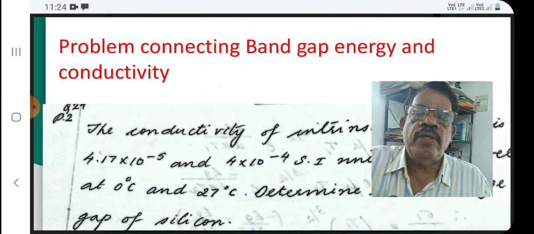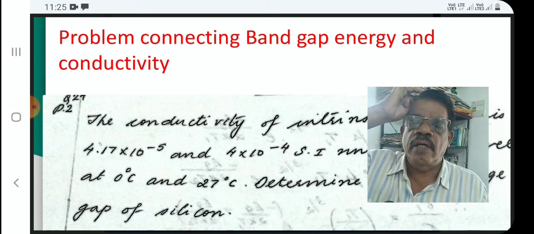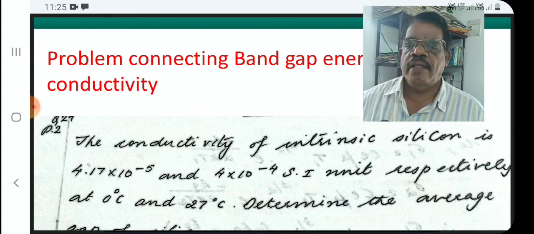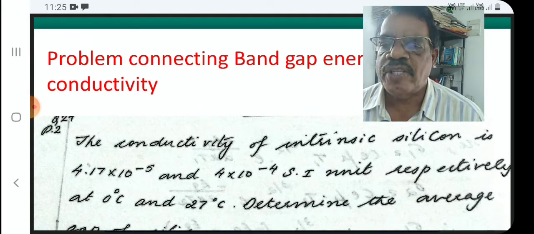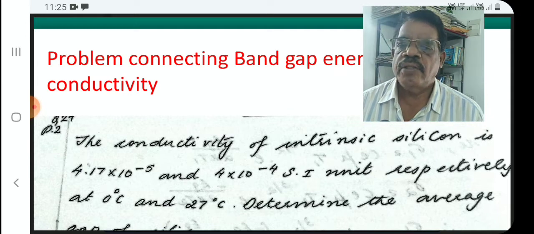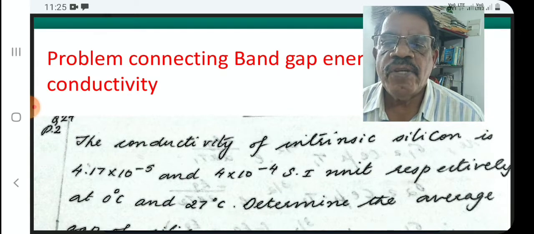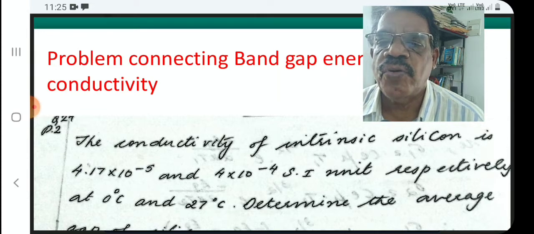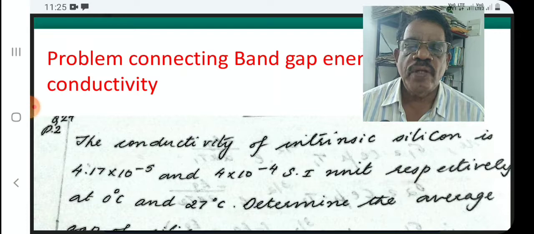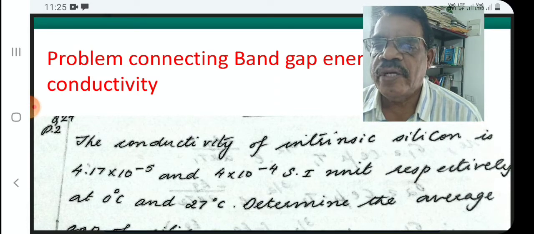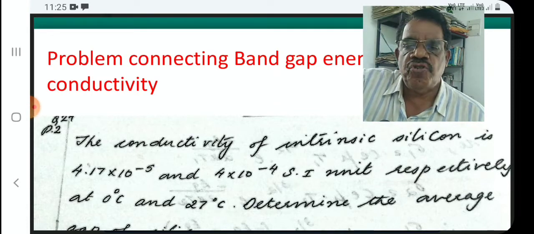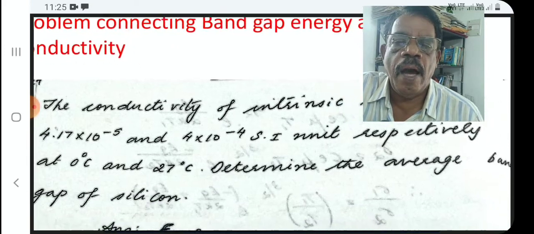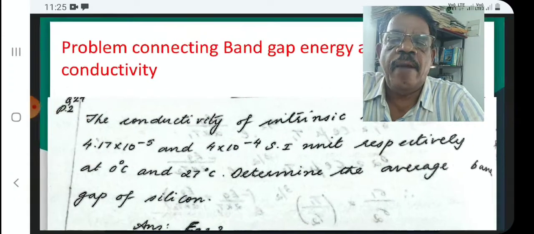There are some problems. The derivations of the equations are not included. You simply study the relations, and these are all previous questions, university questions, so you have to study them well. The conductivity of intrinsic silicon is 4.17 into 10 raised to minus 5 and 4 into 10 raised to minus 4 SI unit respectively at 0 degrees Celsius and 27 degrees Celsius. Determine the average energy gap, average band gap